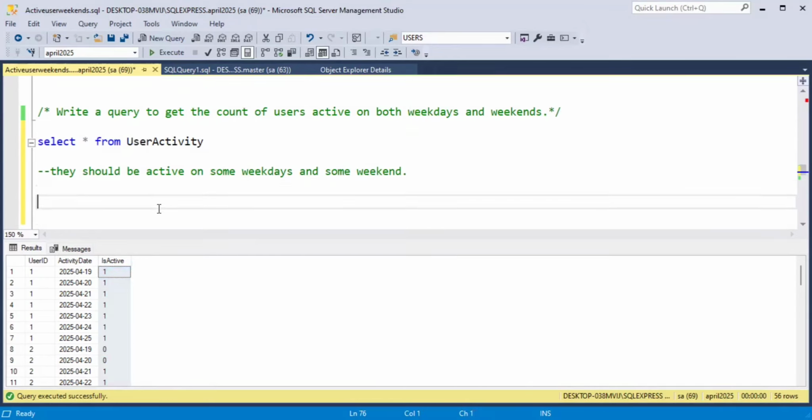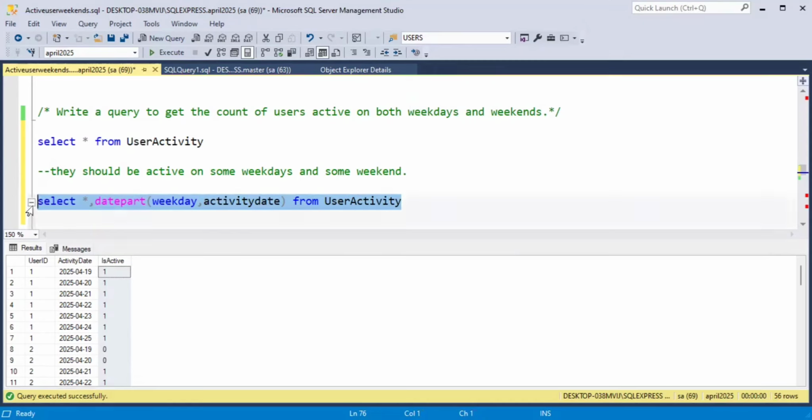Now, how do we know if a date is weekday or weekend? Right. So for that, in SQL Server, we can use the DATEPART function. DATEPART weekday, activity date from user activity. Okay. So the DATEPART function extracts the weekday number from the date. Now I will run this query